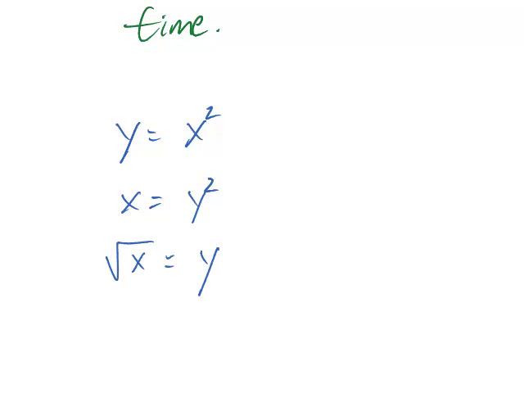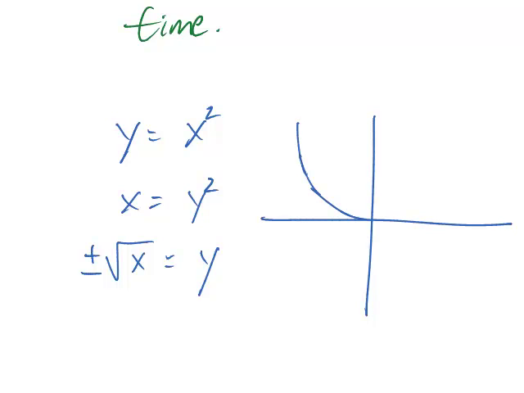Now remember that there are two ways of thinking about it. First of all, a number has two square roots, right? And so y is plus or minus the square root of x, and that's not a function. One x gives you two y's, because you can take the positive or the negative square root. y is positive or negative. Graphically,